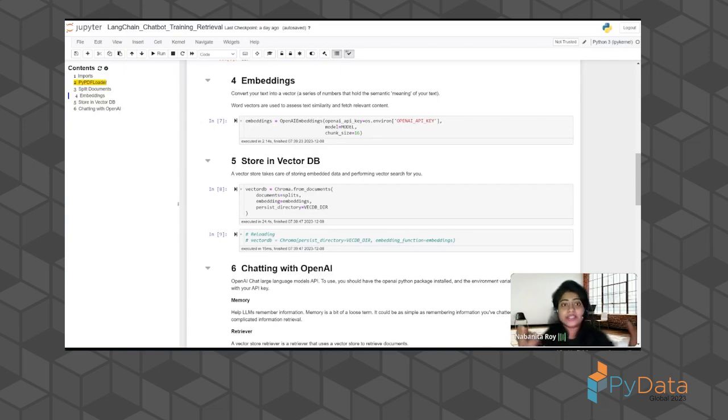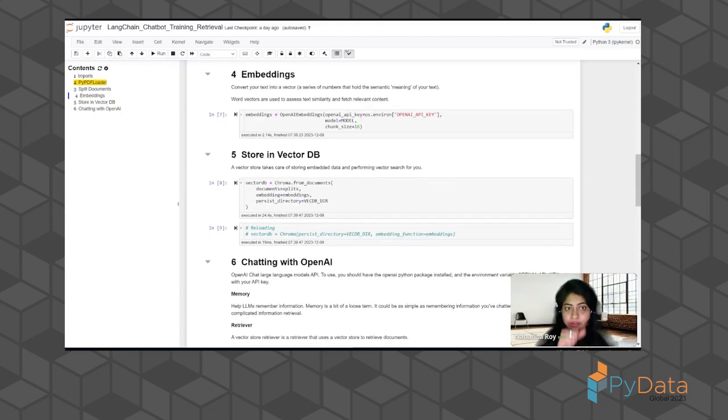And now that we've done that, the next step would be generating the embeddings for those chunks, right? Following the previous diagram. So for the embeddings, what I've done is I've called OpenAI embeddings from LangChain, and what it does is it creates the embeddings. I have set my OpenAI key, so you can pass your OpenAI key directly here.